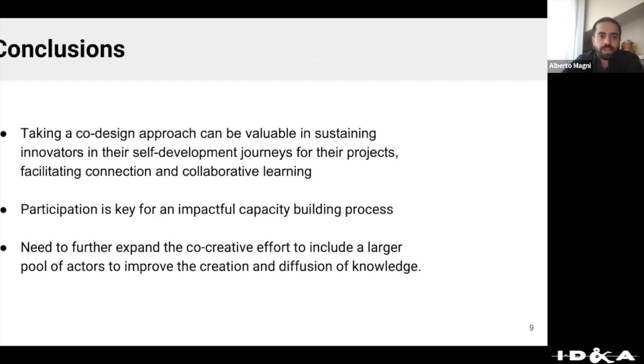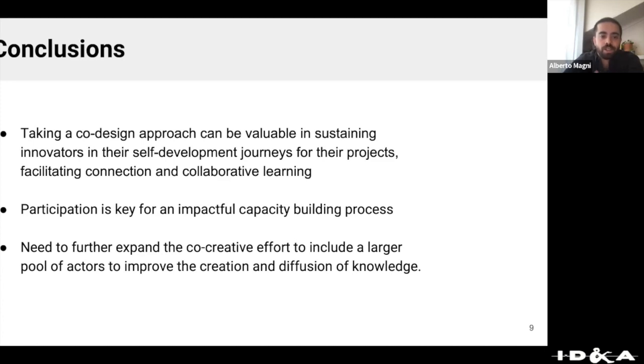So summarizing, our study showed that taking a co-design approach can be really valuable in sustaining innovators' self-development journeys for their projects, as this facilitated connection and collaborative learning among them. Furthermore, we also observed that the same process that helped us codify new topics also helped us be elastic and adapt the learning infrastructure that we were developing as the program was going on and as the needs of